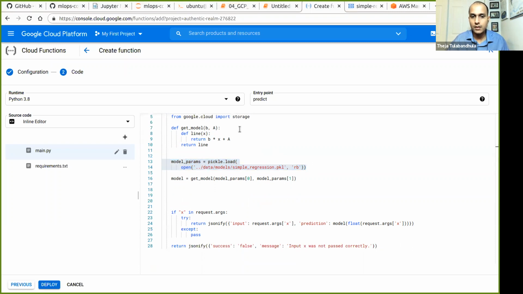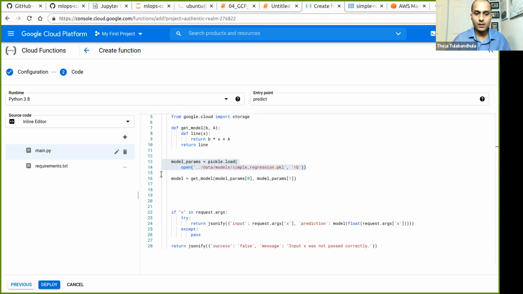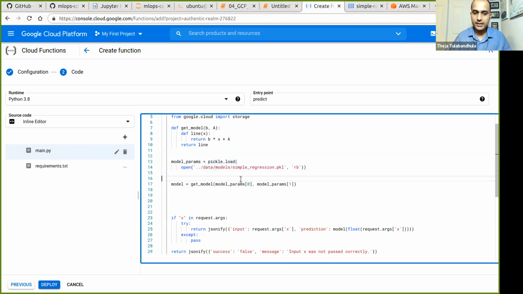Okay, so the way we'll change it is the following.